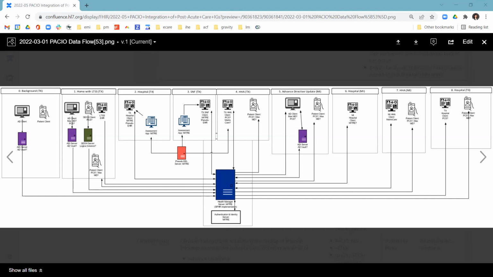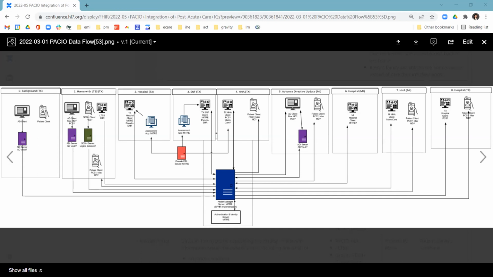That's one episode, where Betsy has a stroke and then goes to the hospital, then is discharged to a skilled nursing facility, and finally ends up at a home health agency. And then as a result of some things, she updates her advanced directives.